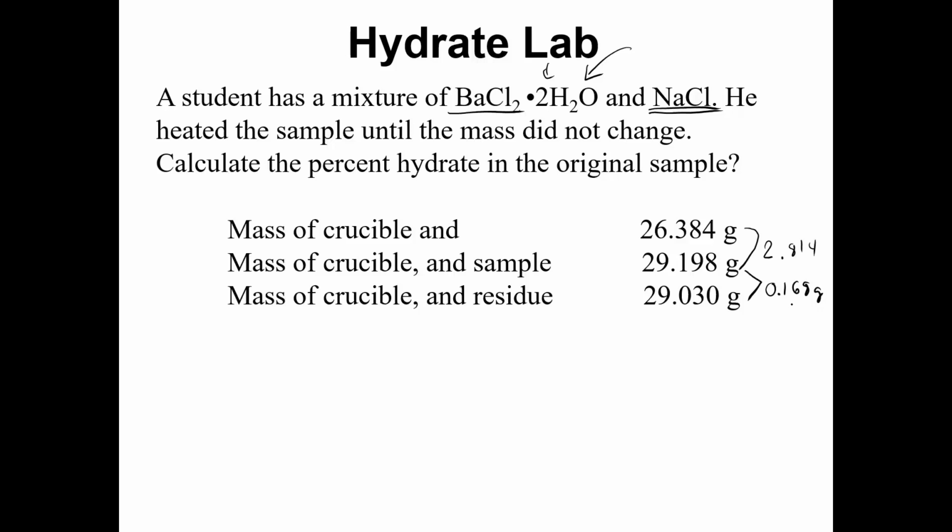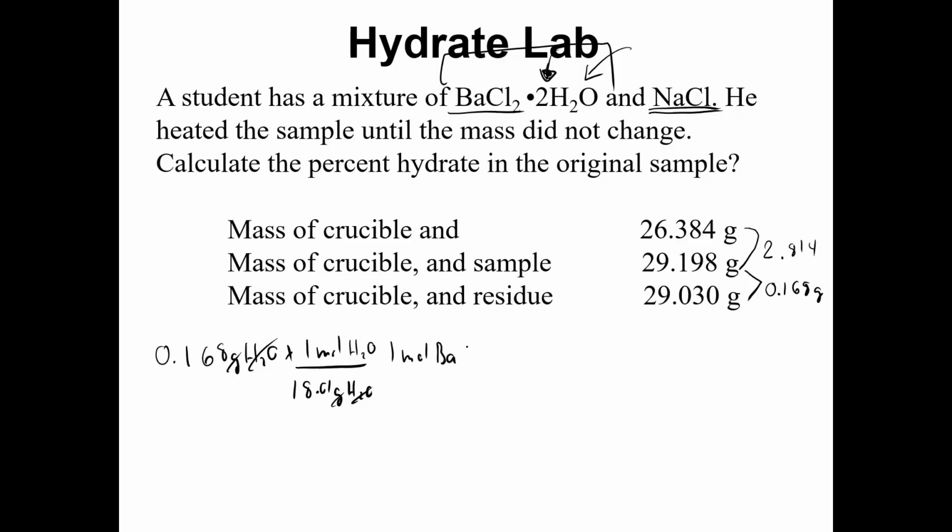So 0.168 grams of water times 1 mole of water divided by 18.01 grams of water. That's going to give me the number of moles of water. And I know based on the number of moles, for every 2 moles of water, there's 1 mole of the entire hydrate. So the grams of water cancels, and this is moles of water, and so there's 1 mole